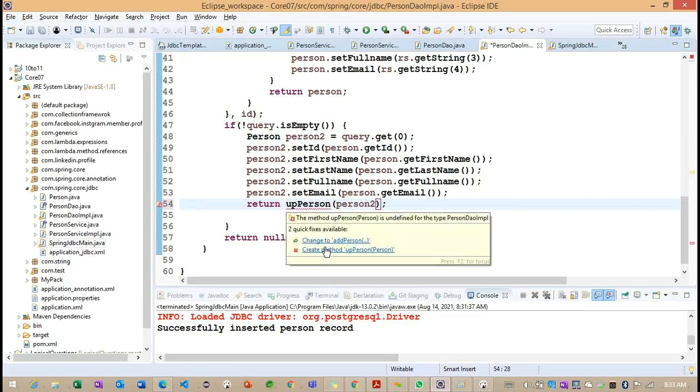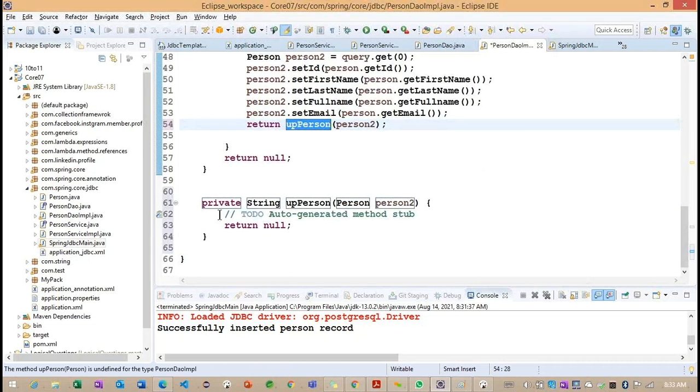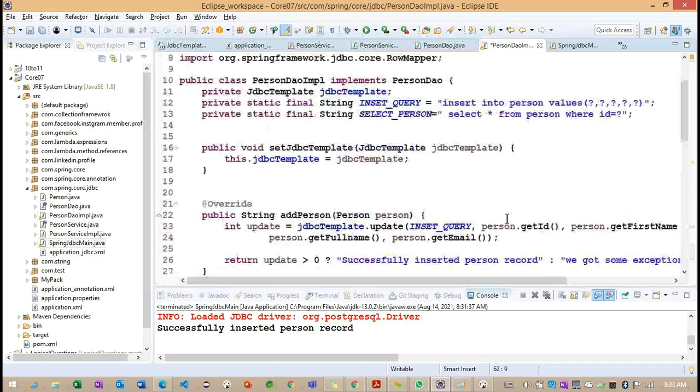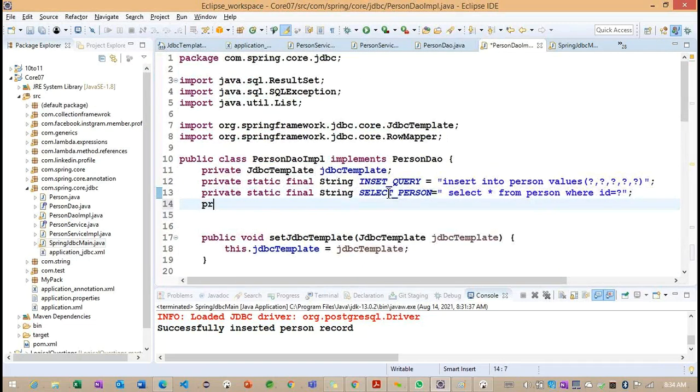So update person. To update the person, instead of writing this, because we need to define all the columns, first we'll go for the same here.